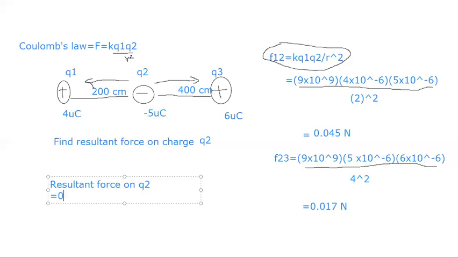We can write here F12 minus F23. It will be equal to 0.045 Newton minus 0.017 Newton, and the answer is 0.028. And with this I must write the direction also,